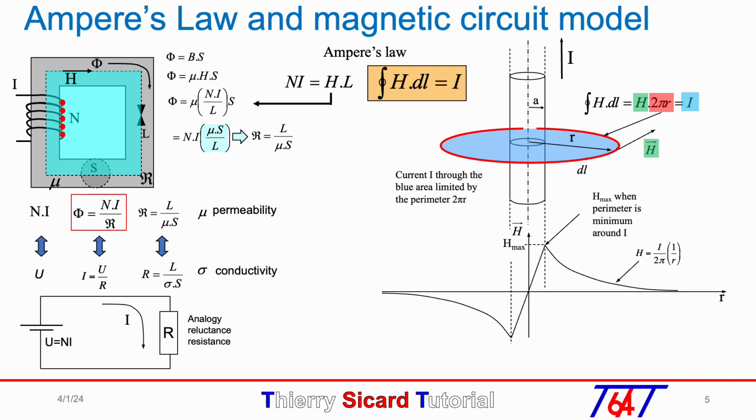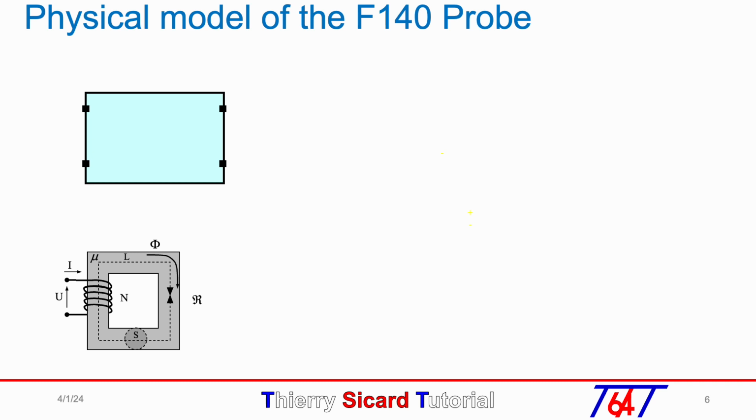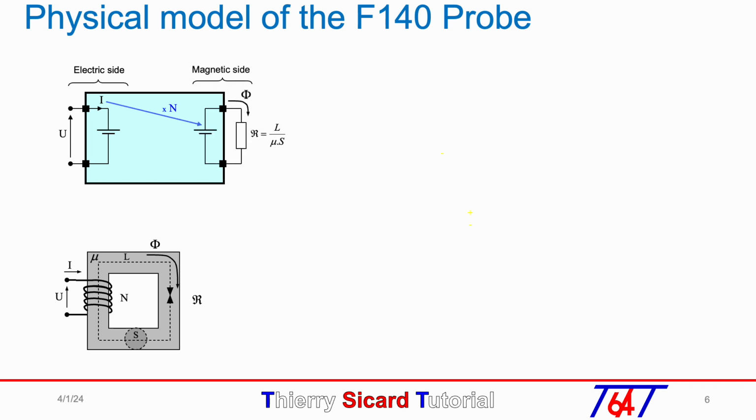This slide is a quick reminder of Ampere's law and how to do an electrical model of the magnetic circuit. A quick reminder of the inductor physical model with the electrical side, U and I, and the magnetic side, U equal N times I, and reluctance. I is multiplied by N and applied to the reluctance. Measure the reluctance current, which means magnetic flux. Do the flux derivation. This flux derivation is multiplied by N to generate the voltage across the inductance.